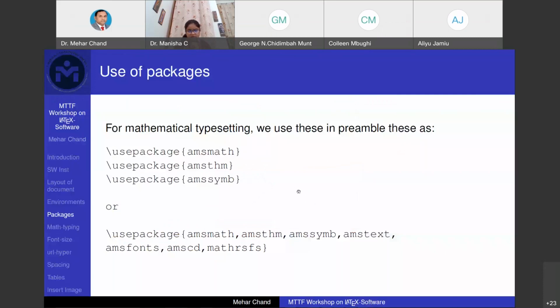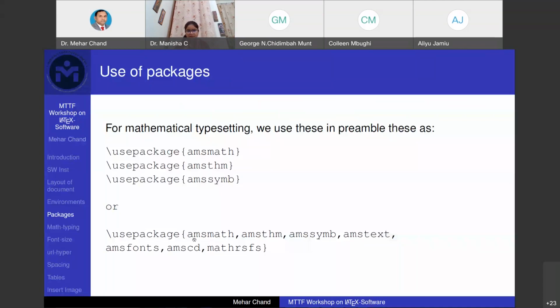Either we can use them separately, like slash use package MSmith, use package MStheorem, use package MSymbol, or the other way is to use the simple command slash use package and separate all the package names by commas. All the packages required for our document can be used in this way.